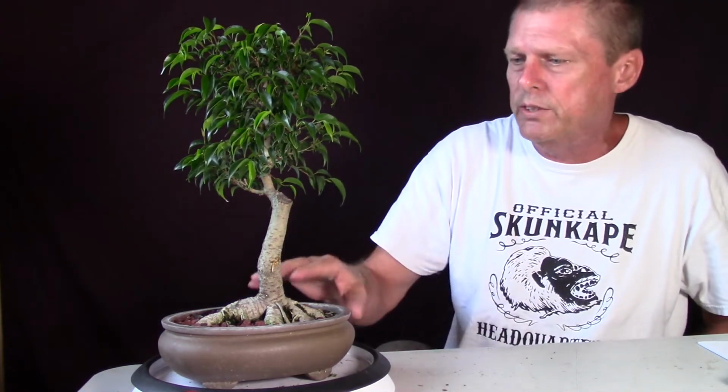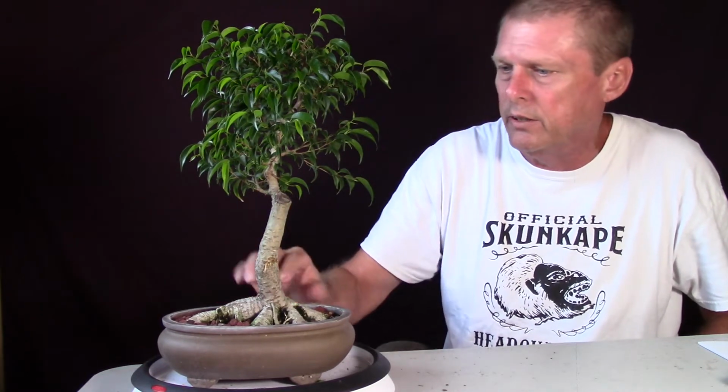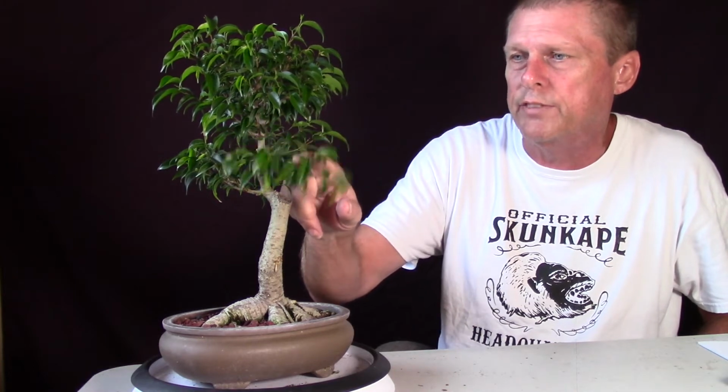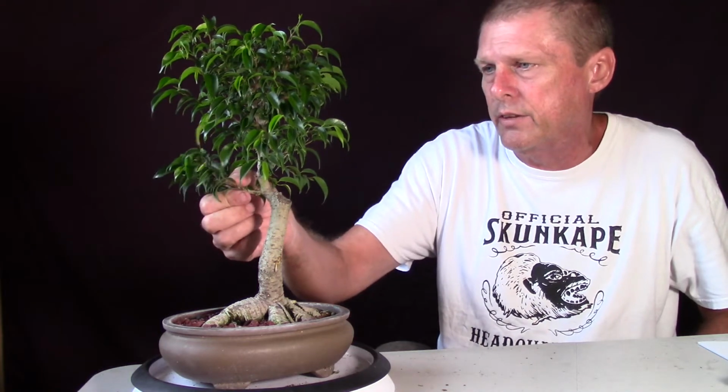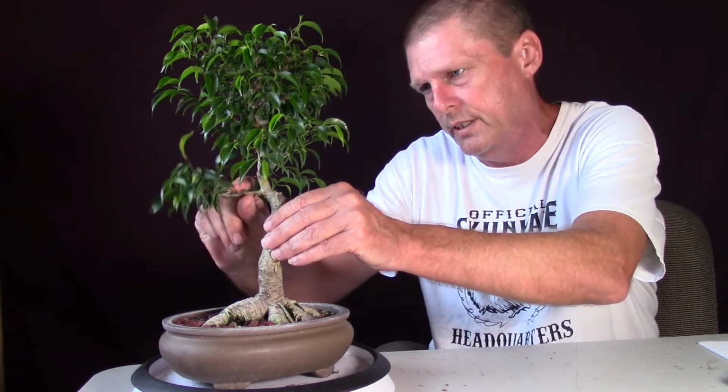And what I've noticed, I've got another one of these. When I first got this Ficus rianne, I tried to look up information on it and couldn't find hardly any. And it's taken the rootings, the cuttings so well that I'm getting a little bit of practice on it. But I noticed that the branches, when they're small and flexible enough to wire, are really, really small. And then as soon as they get any kind of girth on them at all, they get really brittle. And they get really busy with all kinds of...